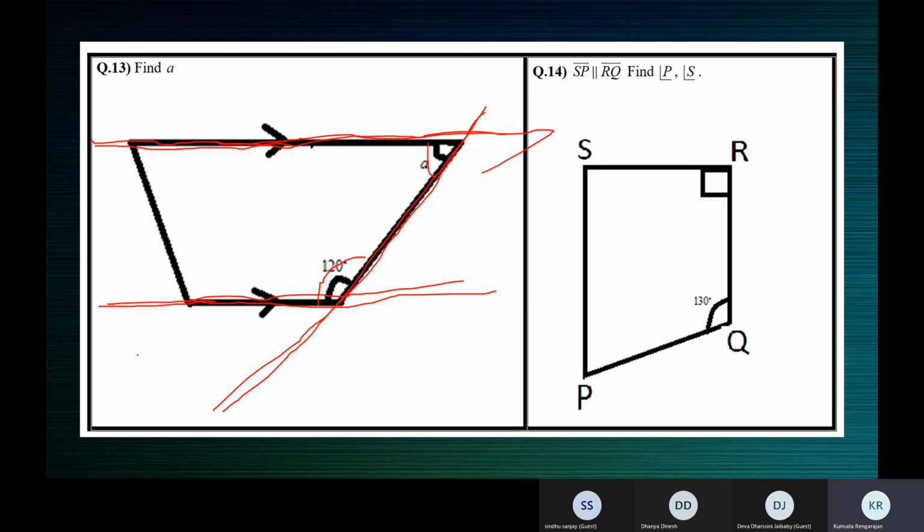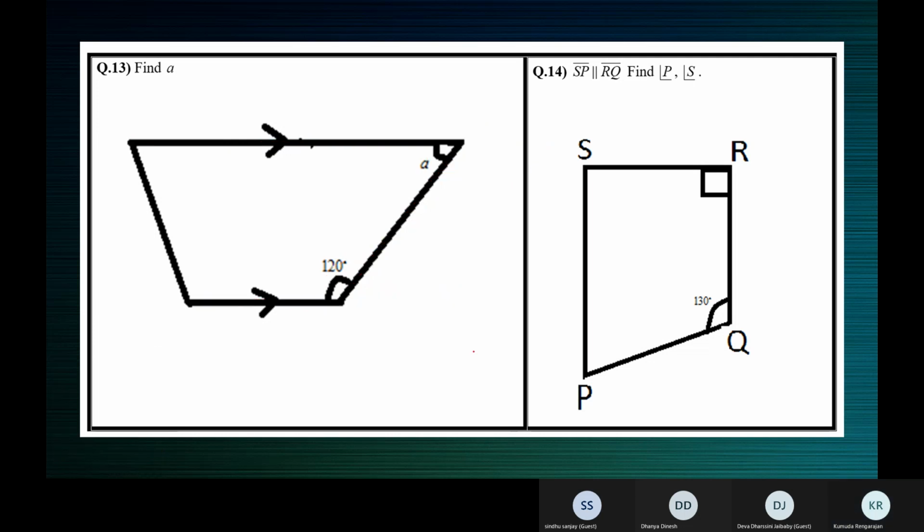So these two angles, 120 and A, are in positions like this. See, a line, parallel line, transversal, parallel line. So clearly here and here are allied angles, and they are supplementary because the lines are parallel. It's given that this is parallel to this. That means the sum of the allied angles will be 180. So 120 plus A is equal to 180. A is equal to 60 degrees.